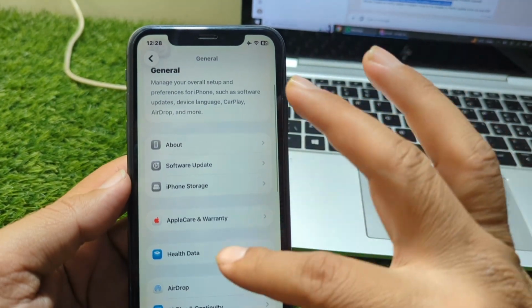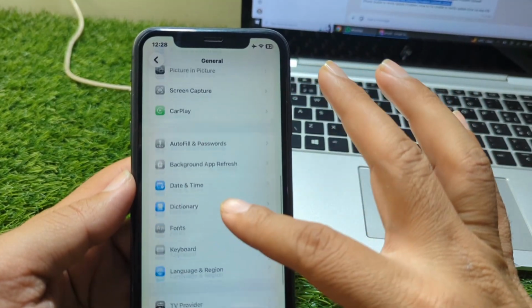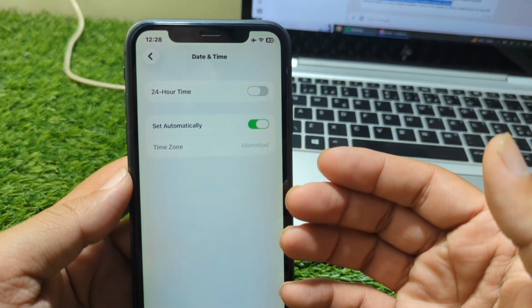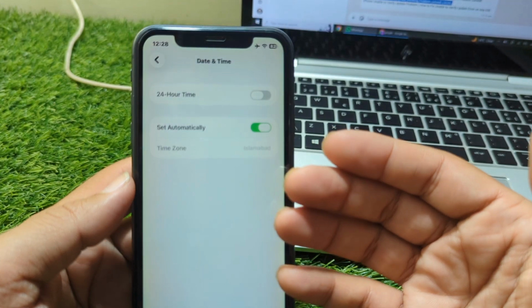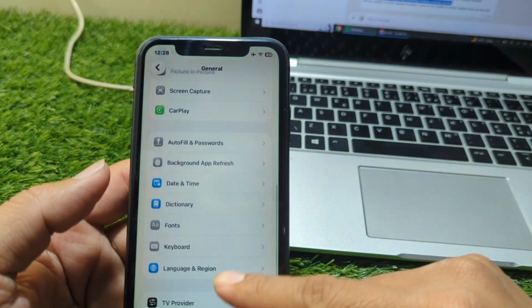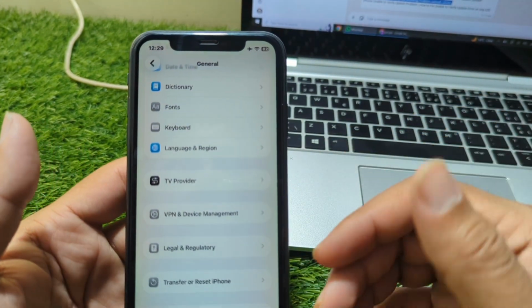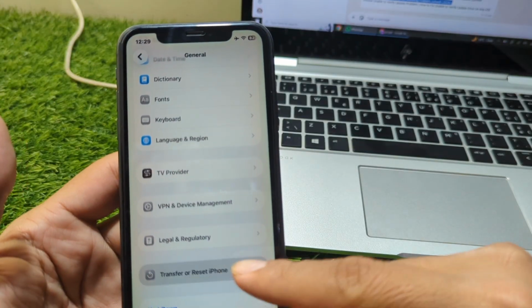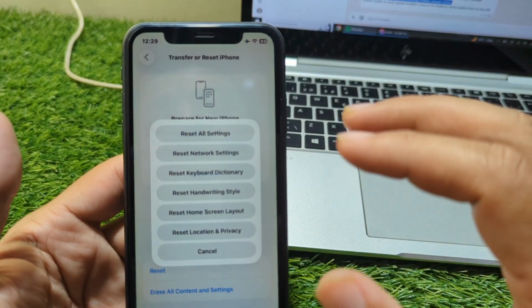So guys, do this, and after this scroll down and go to Date and Time and set your date and time from here. So guys, simply set your date and time, and after this go back and check if the problem is fixed or not. And if the problem is still there, then go to Transfer or Reset iPhone,